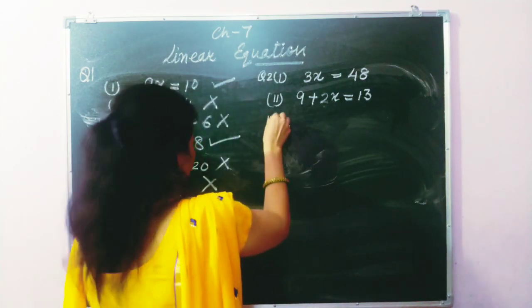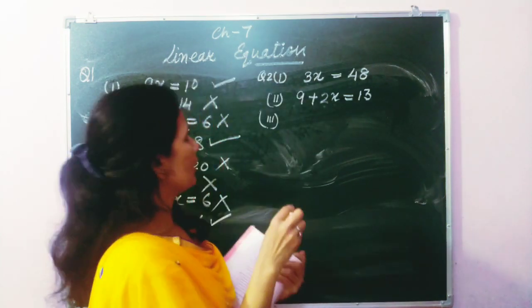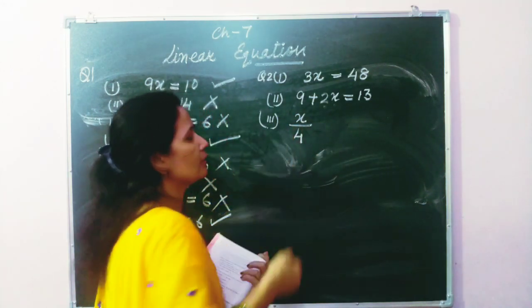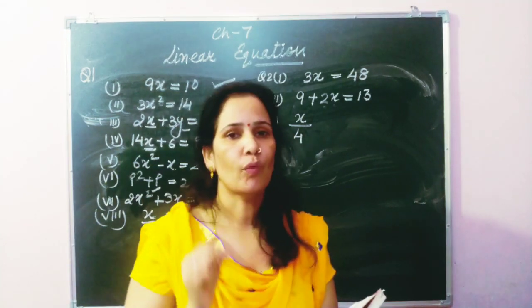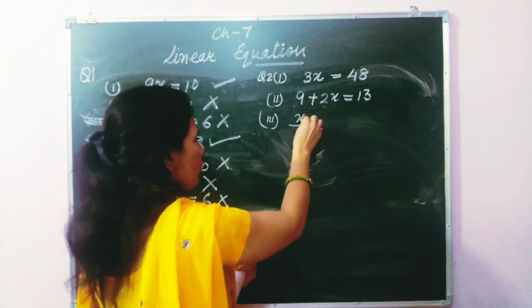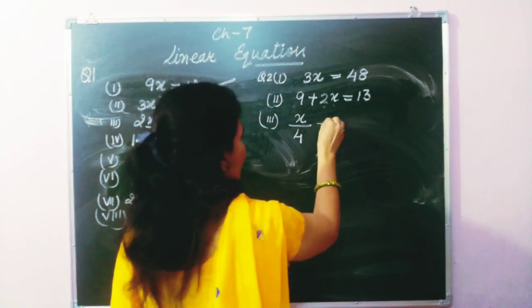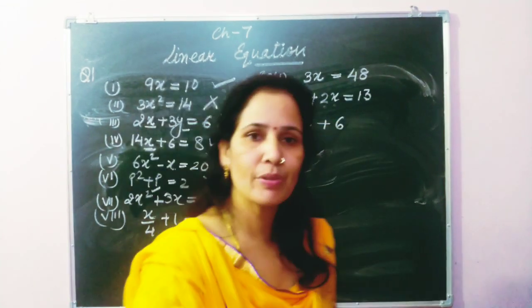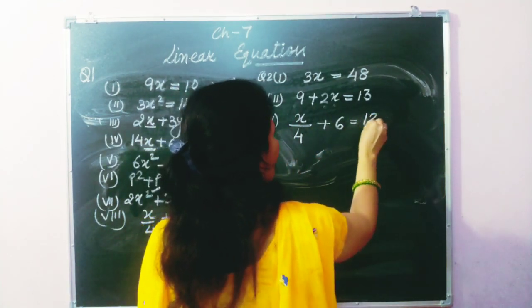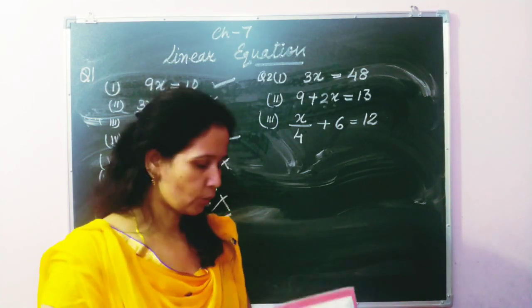Okay, now third one. 6 more than 1/4 a number. So we assume the number is x. Okay, it's 1/4. To find the 1/4, divide the number by 4. I repeat again. To find the 1/4 of any number, divide the number by 4. So the 1/4 a number, 6 more than. 6 more than, that means plus 6. Okay students, 6 more than, that means plus 6 is 12. Now we have written is 12. So according to the statement only we have to write the equation.